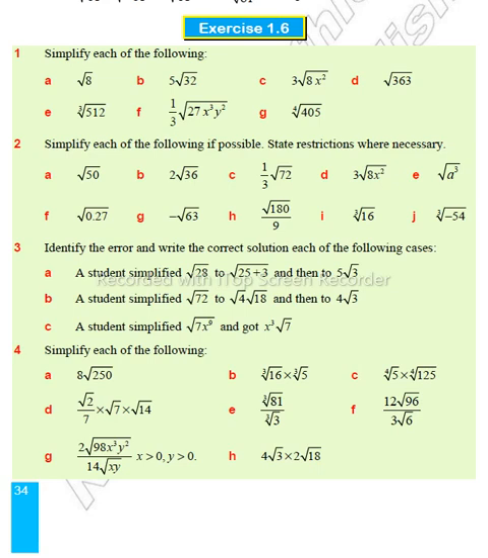So we will start from question number 1. Question number 1 says that simplify each of the following. We try to simplify all these questions, selecting from question number 1. Let us start from